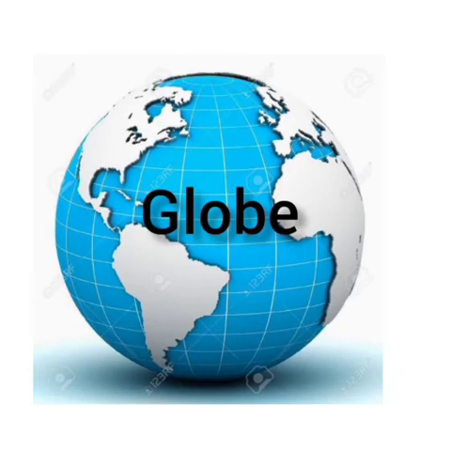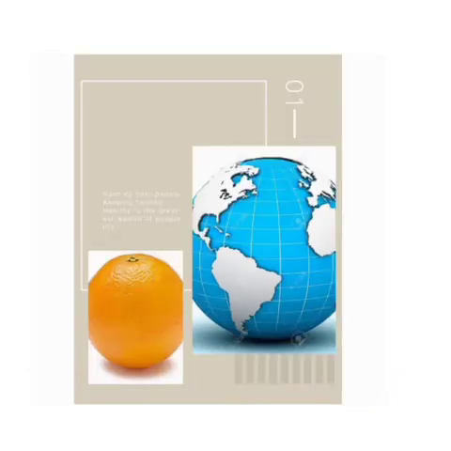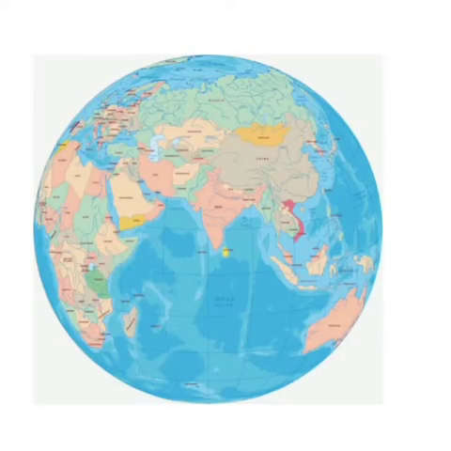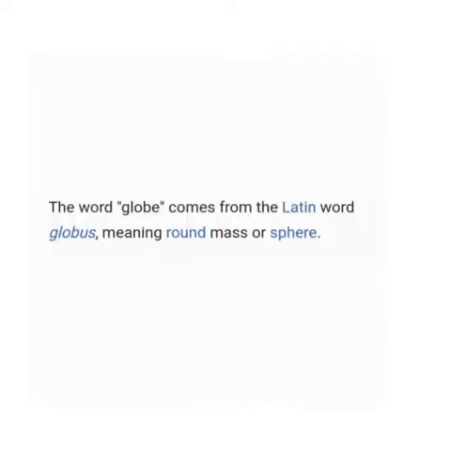Globe is a small model of the earth. The shape of the earth is like an orange. It is a sphere which is slightly flattened at the top and at the bottom. So children, you have toys at home like trains, cars and doll houses. So you can make a difference between the models and the real objects. So a globe is a model of the earth. Children, the word globe has come from the Latin word globus, meaning sphere or round.